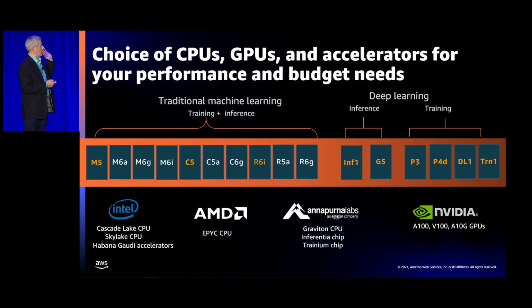So if we start taking a look on the left here, you can see our traditional machine learning platforms. I've listed a combination of our existing 5th generation and 6th generation processors here. And then as we move to the right, you start to get a lot more purpose-built and a lot more specific. So as I move to the right on the slide, you can see the inference offerings and also our training offerings as well.